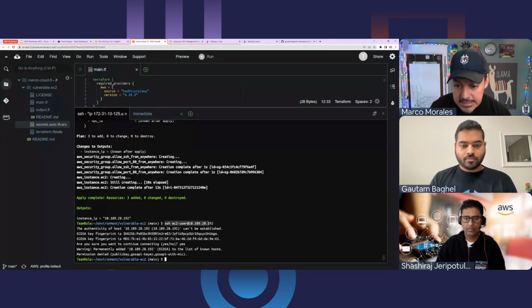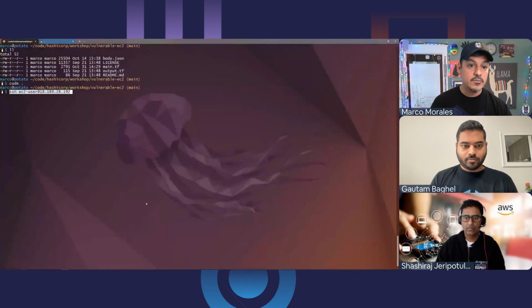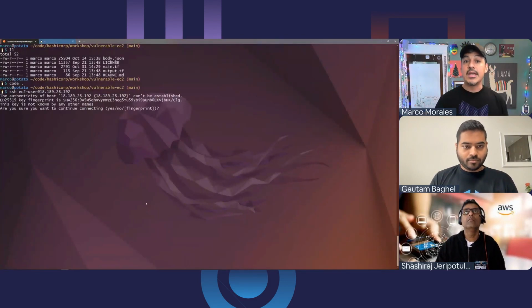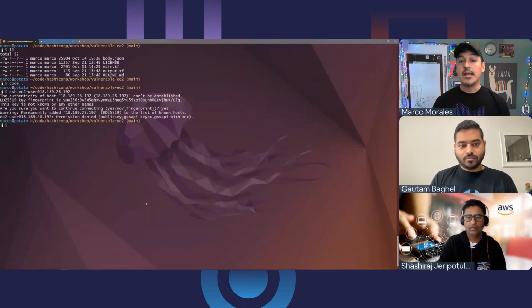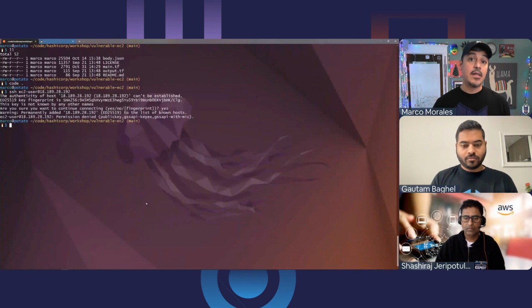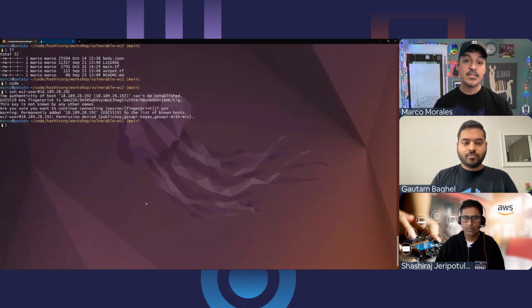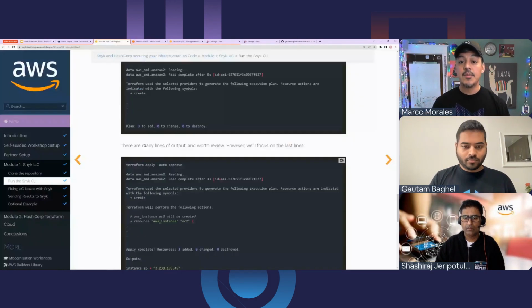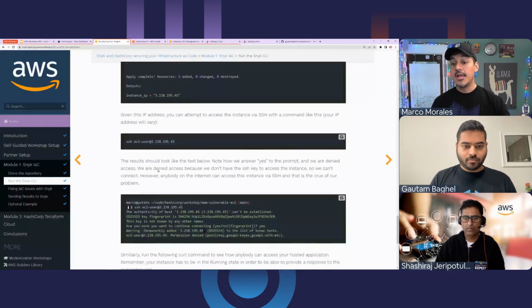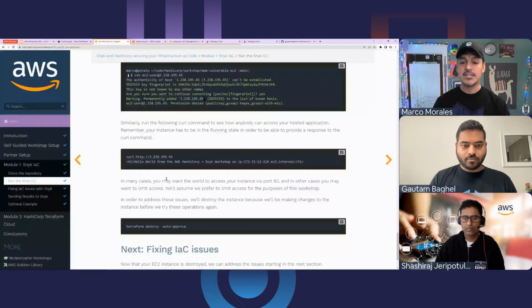If I cut and paste this command here, let's see, I do a copy, and I go to my favorite Ubuntu-based CLI and run the same command. This is now my personal computer. I am also able to access this machine via IP. And so the narrative is going to be that you may want to limit access to something like your EC2 instances or something else, so it's not public. Right now, the CIDR block is 0.0.0.0/0. For those of you who know what that means, you know that it means the entire internet has access to my environment. This is described with some narrative and color commentary in here, and you see evidence of the same kind of outputs. And we tell you, hey, this is probably not what you want to do.